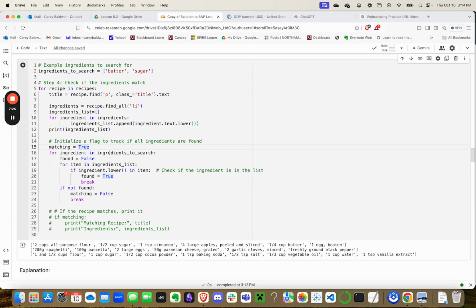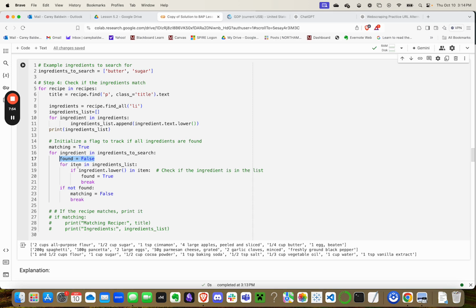Okay, so I'd like to explore this with you. So we're going to say matching, we'll start with matching equal true, and then we're going to iterate through the ingredients to search, which is going to be supplied as an input. We're going to set up another placeholder called found, started off equal to false,